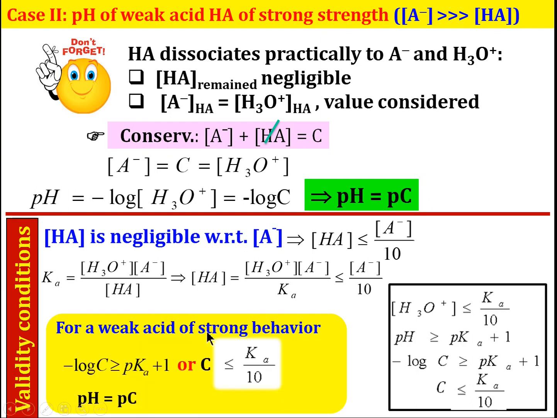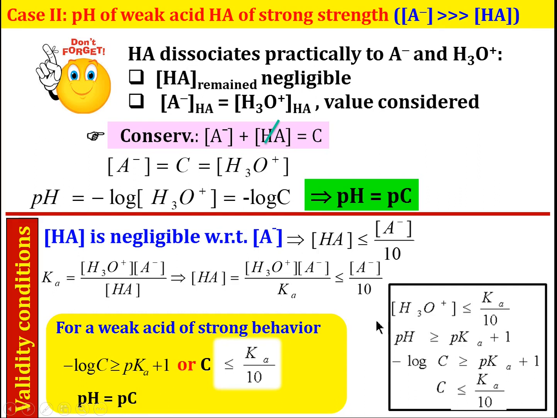In other words, if you have a weak acid whose concentration in the exercise is less than or equal to Ka divided by 10, or minus log C is greater than or equal to pKa plus 1, you can apply directly the formula pH